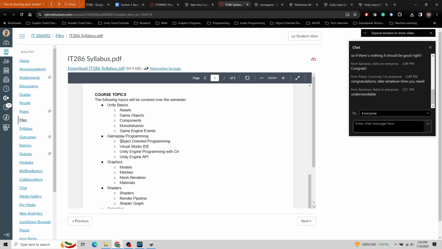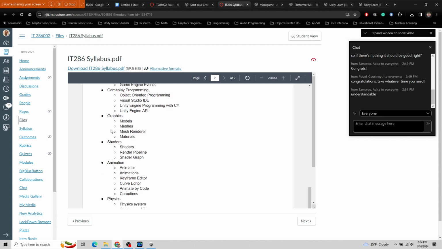Knowing how to understand gameplay programming, so object-oriented programming with C#. Understanding how to be proficient with the Visual Studio development environment. How to use the Unity Engine API, how to look up the documentation. Knowing how to use gameplay events is going to be really big, like the update loop and start. The essence of the Unity parts: the assets, the game objects, components. We're going to have to spend some time with